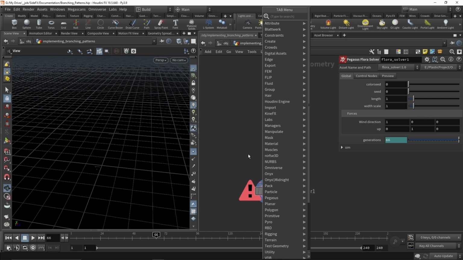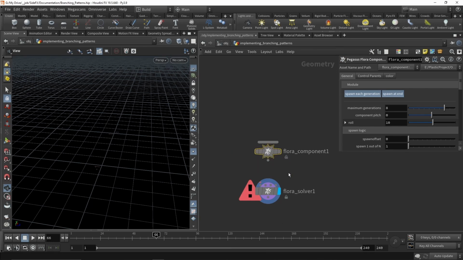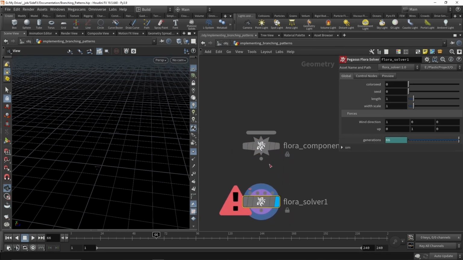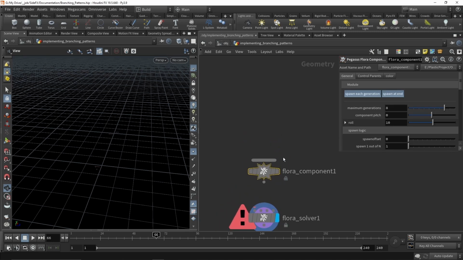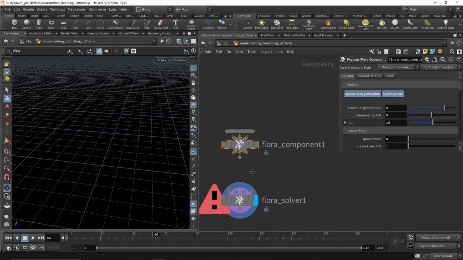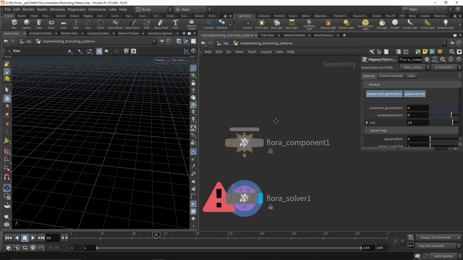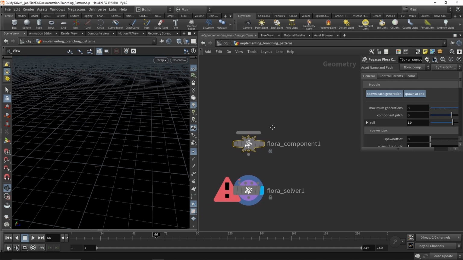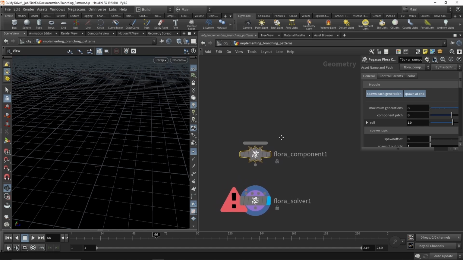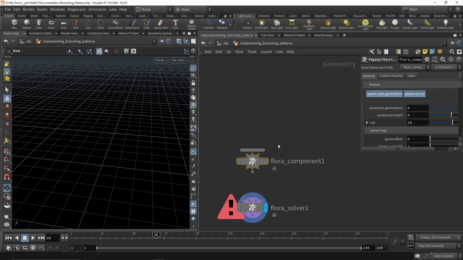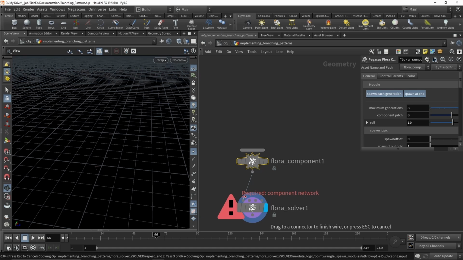So, you start off by adding a component. This is the foundation block, and these are the basic building blocks in the Flora system. There is a switch node, which I won't get into for now. I almost never used it for what I did, because this is a more advanced topic for Flora, and it would just go beyond scope for now. So let's get back to this at a later point, maybe in February or something. We'll see about that. And if you now just hook this up, it will need a bit of time, because